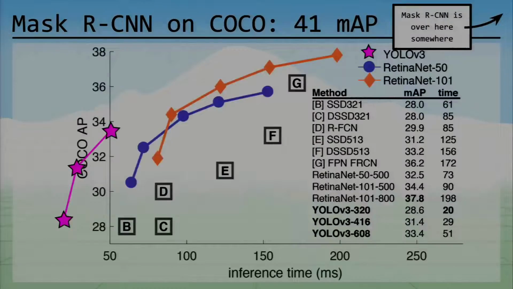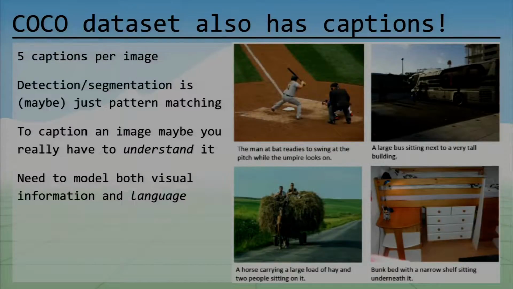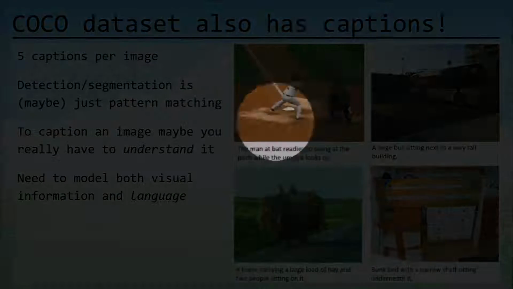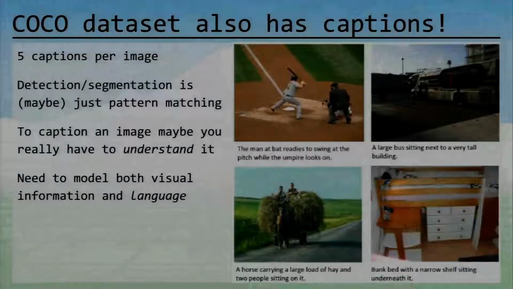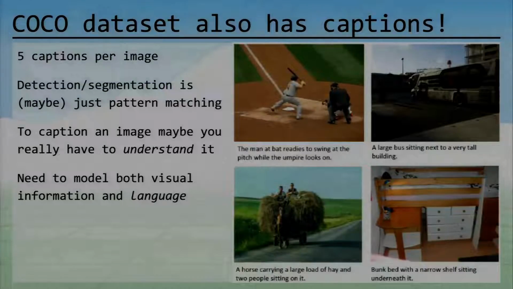So now we're going to switch gears a little bit and talk about language and vision. A cool thing about the COCO data set is that this data set also has these captions, which we kind of touched on a little bit last time. We might have an image that looks like this, and during the labeling process, they basically had a bunch of people write out what was going on in the image. So in this case, one of the captions was, "The man at bat readies to swing at the pitch while